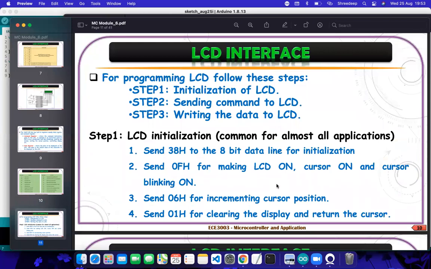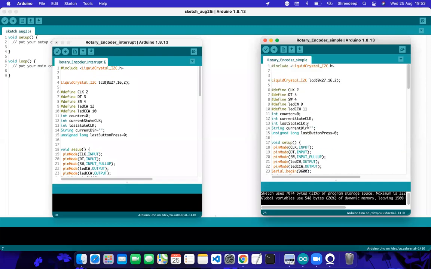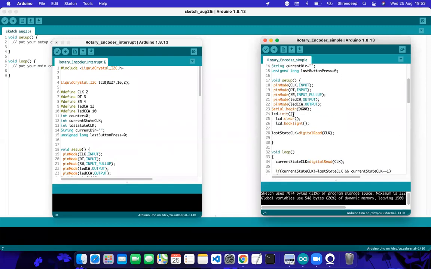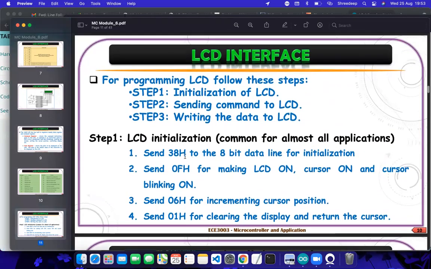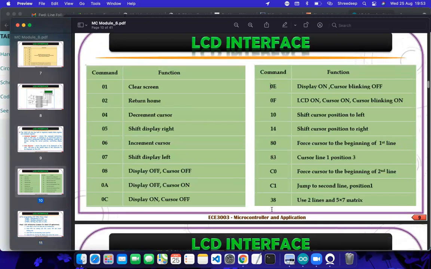Fine. So 3 steps are required to operate the LCD. First, initialization. You need to send some initialization. For example, we are doing it at the setup level, right? That is the LCD initialization, LCD clear, LCD backlight. Similarly, for this signal, send 38 as data. What is 38? 38 basically means use 2 lines, 5x7 matrix.